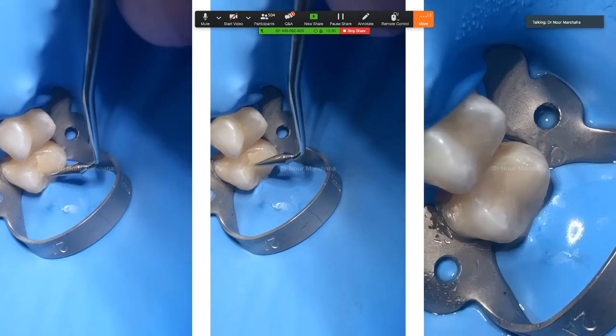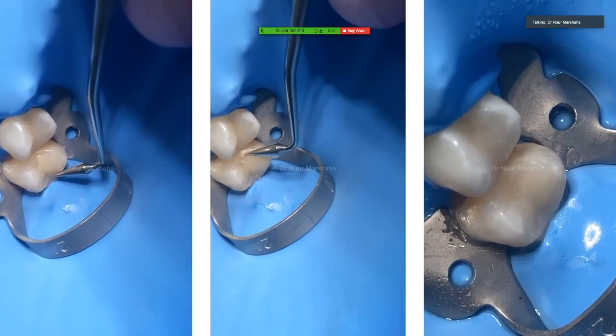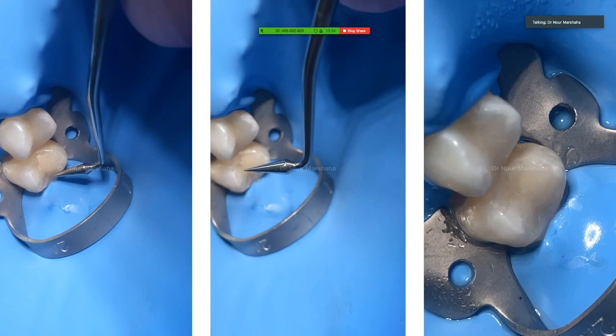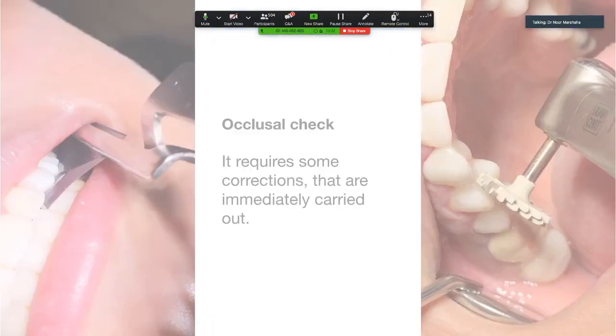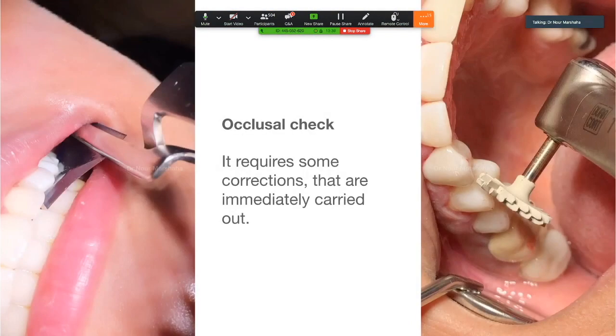Okay, when you finish doing the composite filling, you have to check the occlusion. Okay, if you have restorations and the patients in